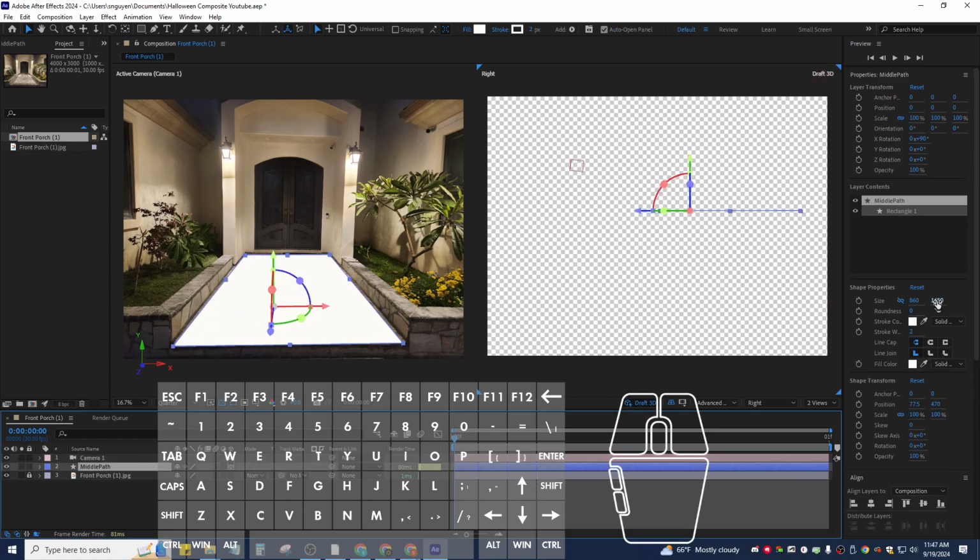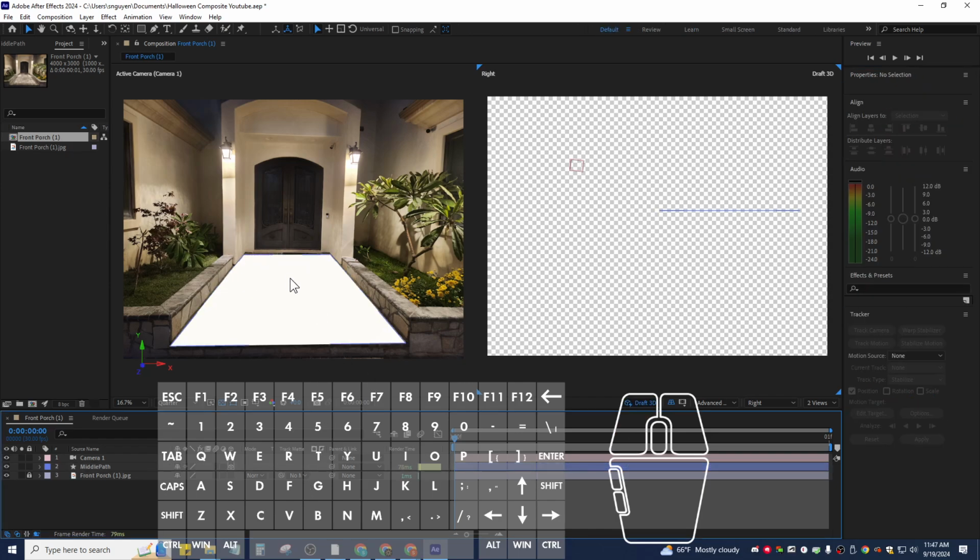Then again, this is kind of getting into the weeds, but you get the idea: we're trying to get it to match perfectly. So 870, a little bit wider. And again, you can actually do most of this editing when we get into Cinema 4D. So now once you have the plane and everything seems to match up and you have a pretty good plane here,